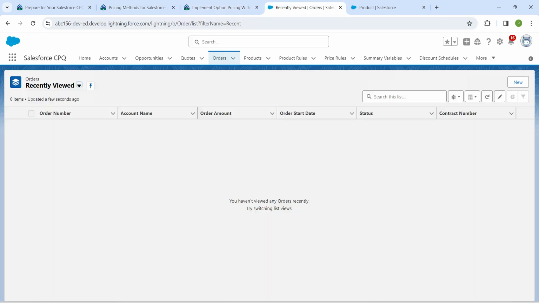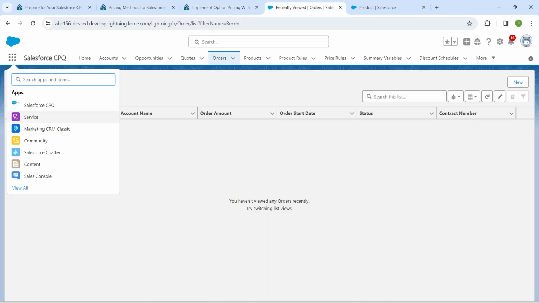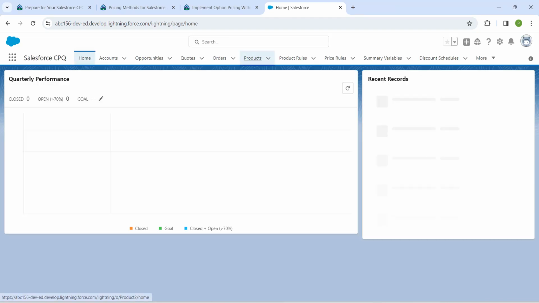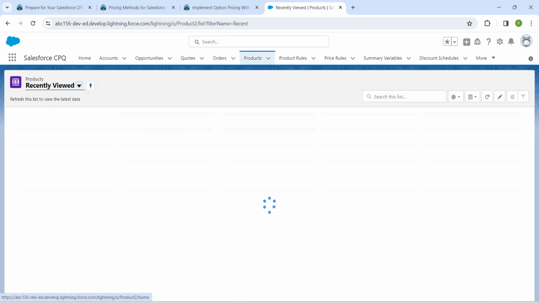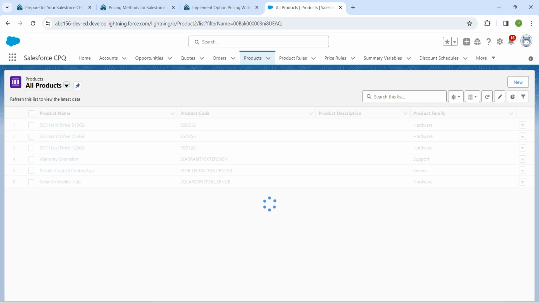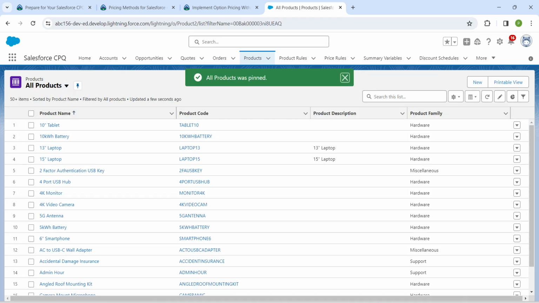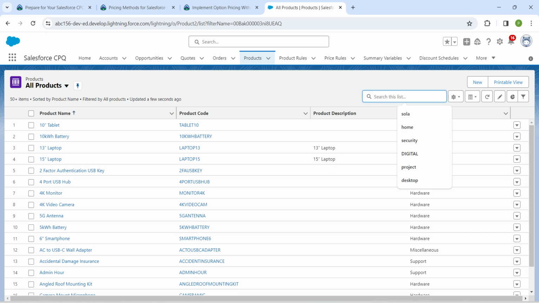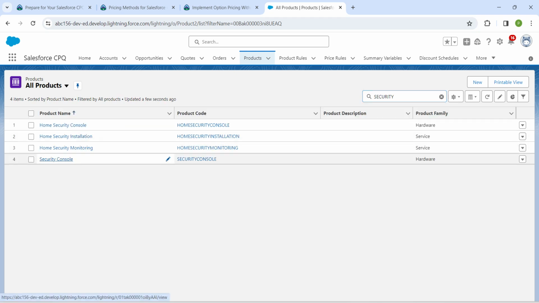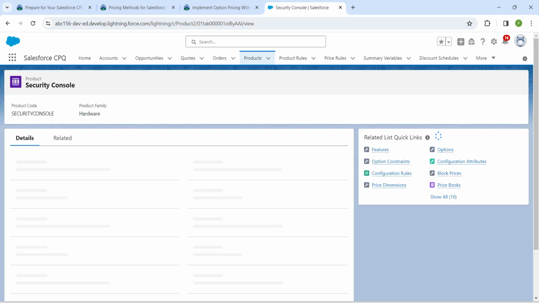Once you launch your playground, click on the app launcher followed by Salesforce CPQ so that you will get this page. Here I'm just going to click on Products, go to recently viewed and change this to all products. Now in this list I'm going to search for security. Once you get the result, click on security console